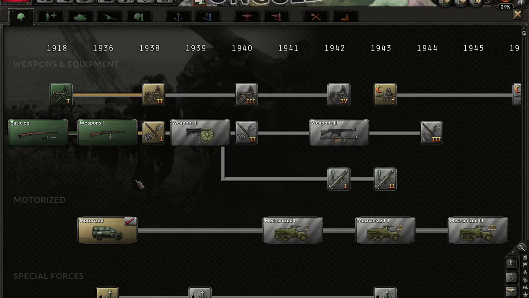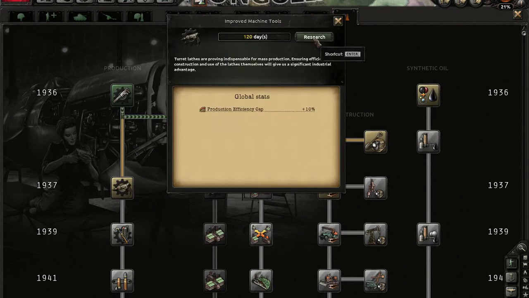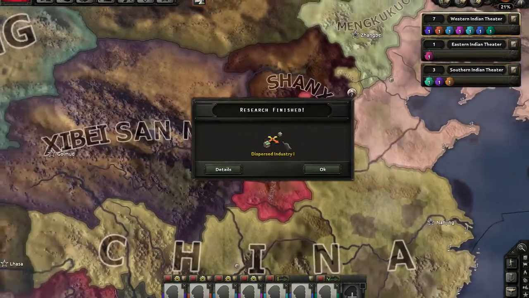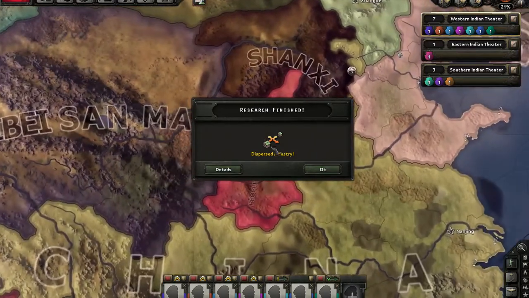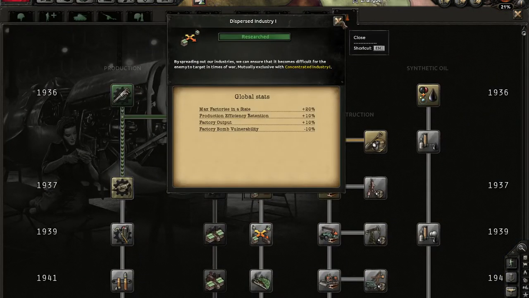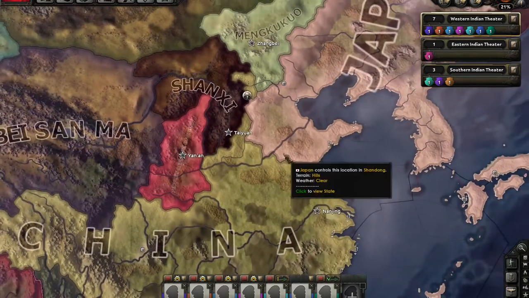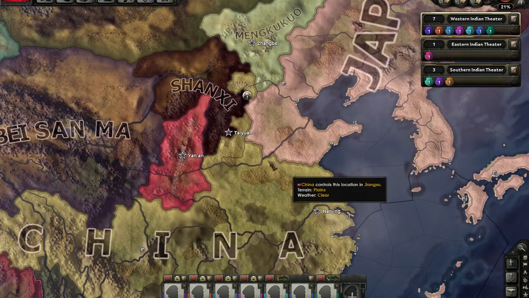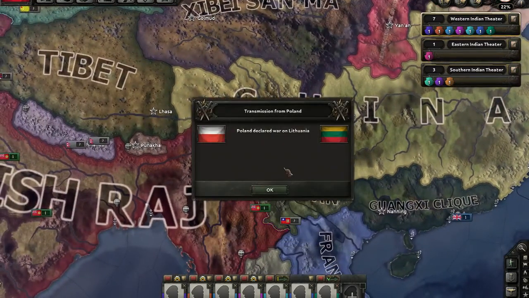Okay, we've got our support weapons. So it is 1937, so we can actually start getting our improved industrial research. Oh, I wonder, it looks like they might have given up Beijing. And we finished our dispersed industry. Now we'll go straight to construction too. So usually that doesn't stop Japan, but we'll see what happens. It would be a bit worrisome if they puppeted Japan. Then we'd have to worry about our...